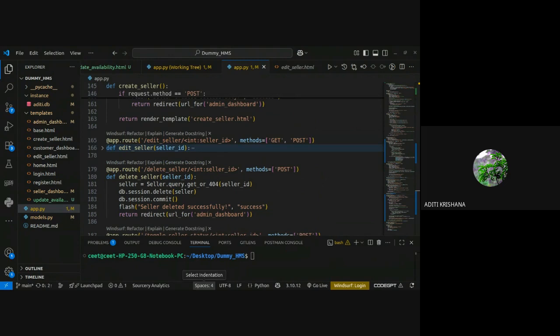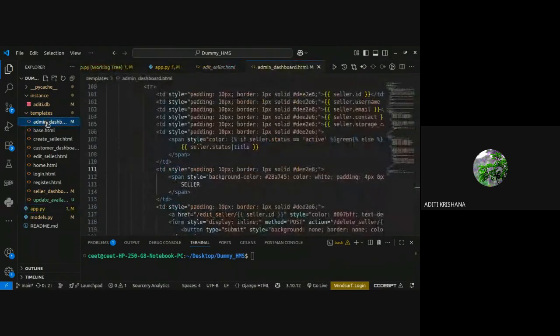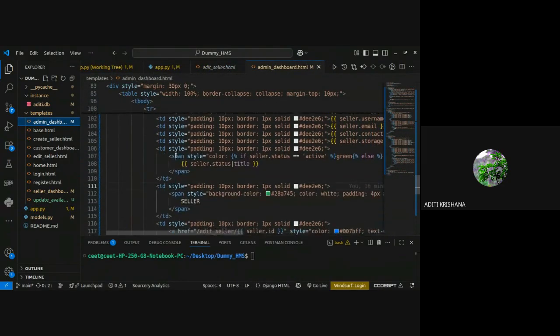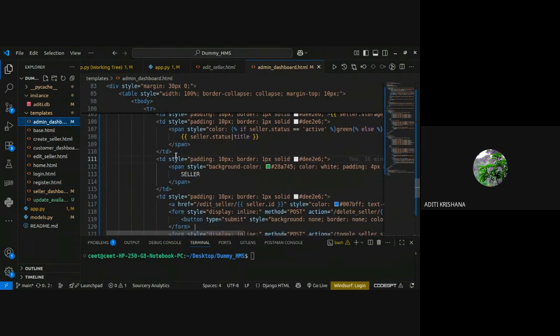And then I am telling db.session.delete that particular variable which is storing that data of the particular ID. And then I am saving it, and a success message is shown, and we are returning back to the admin dashboard. So this is the route, and I have used this delete route in my button in the HTML page.